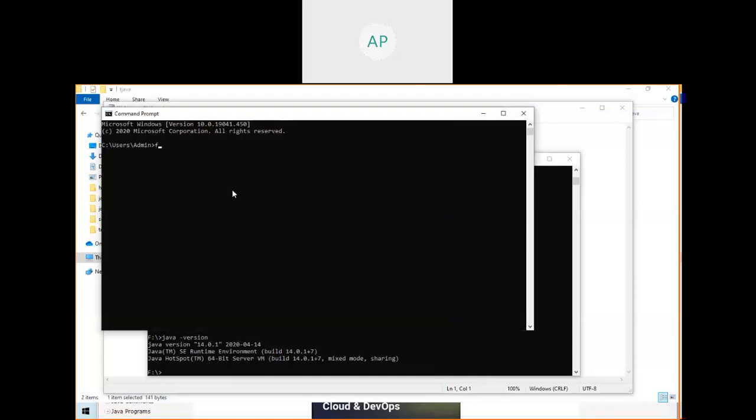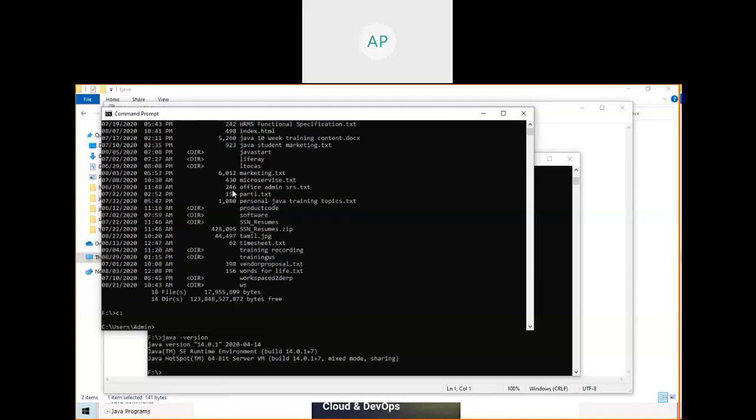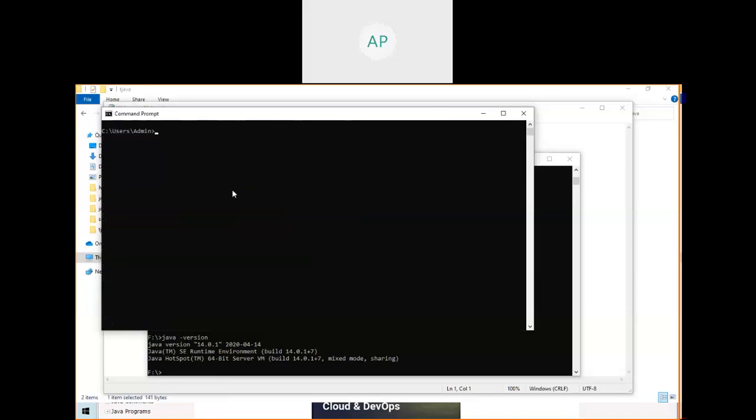So go to F colon. How will you go to F colon? See here, F colon. Wherever you are, to enter into your folder, use cd. Is it T Java or Java T? No, my things are in C colon. So how to clear the screen? CLS. And cd dot dot, cd dot dot. Now go to T Java: cd T Java.